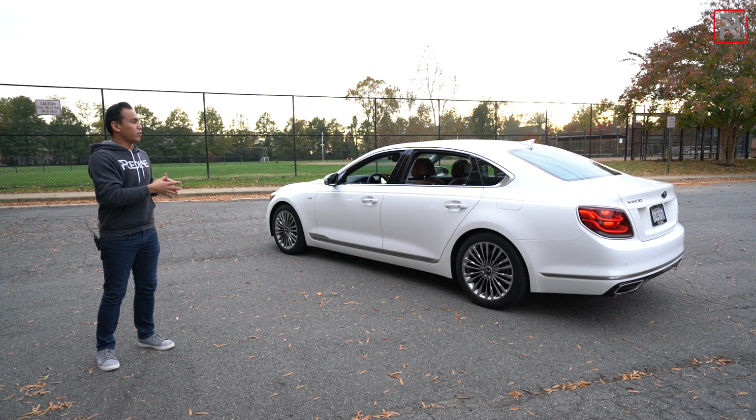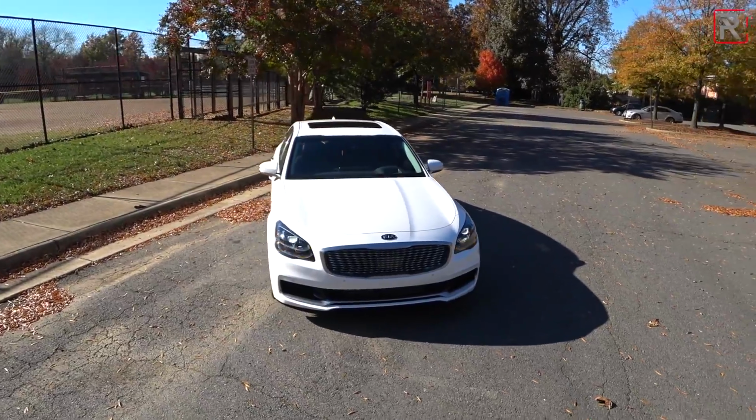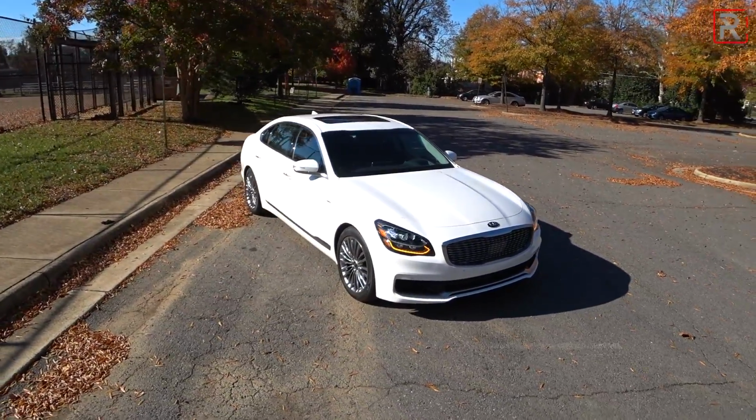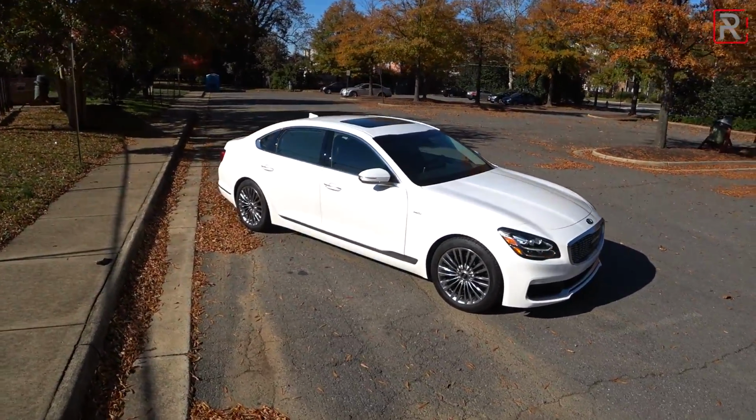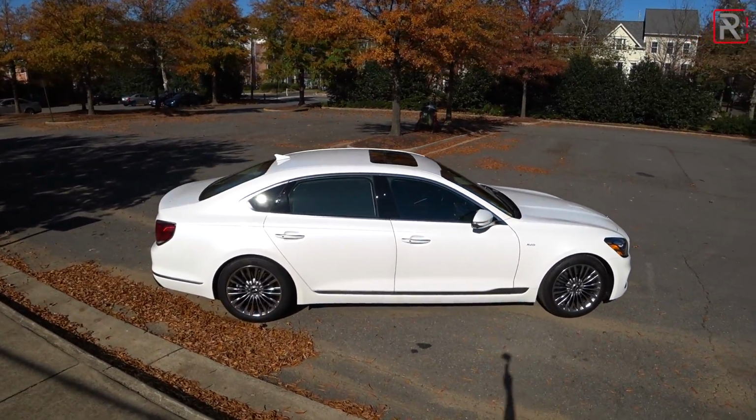So with all that said, what's it going to cost to put an all-new K900 in your driveway if you guys want one? Well, this vehicle went on sale last month, and it actually starts at a relatively bargain price of $59,900, so just under $60,000 plus the destination. This one, having the VIP package for the rear, is only $4,000, and stickers for a total of just under $65,000, which I know is still a lot of money for a Kia, don't get me wrong, but considering